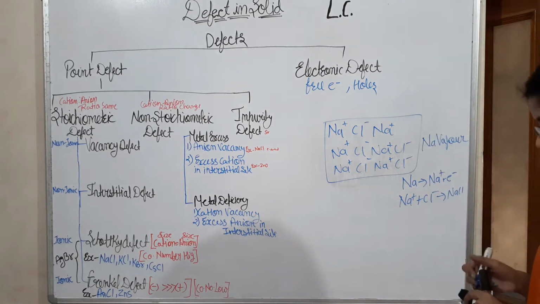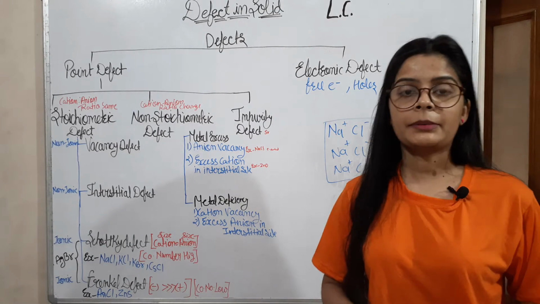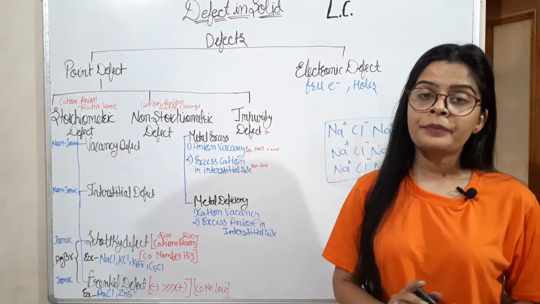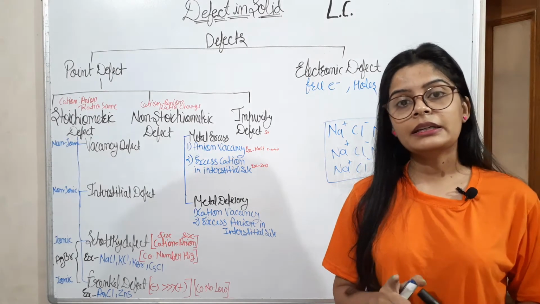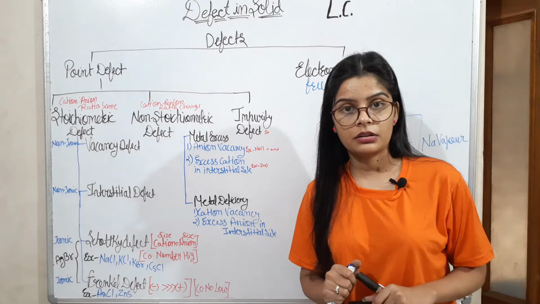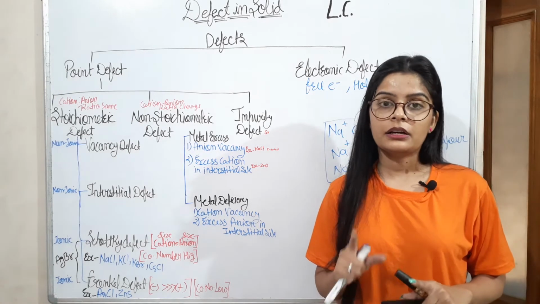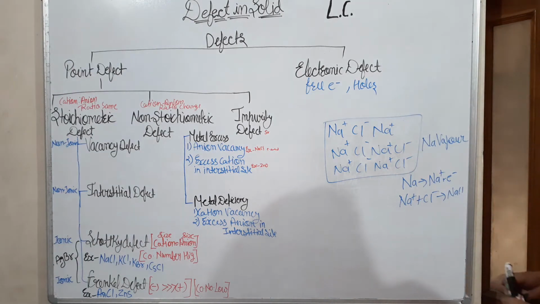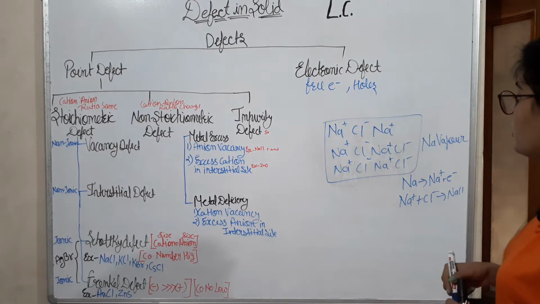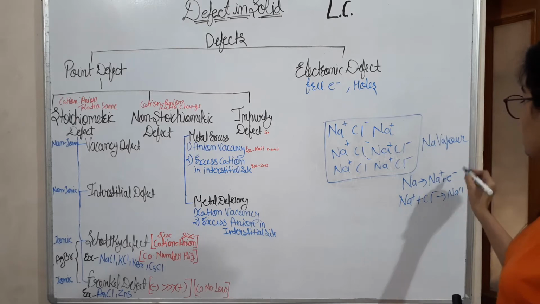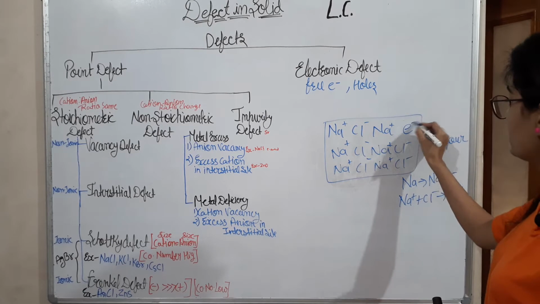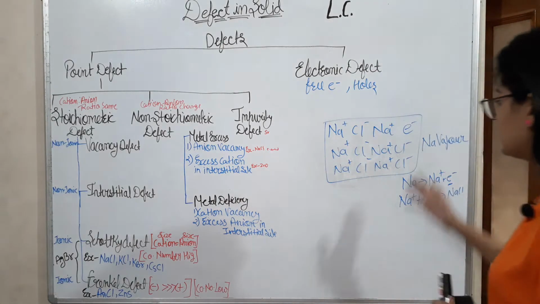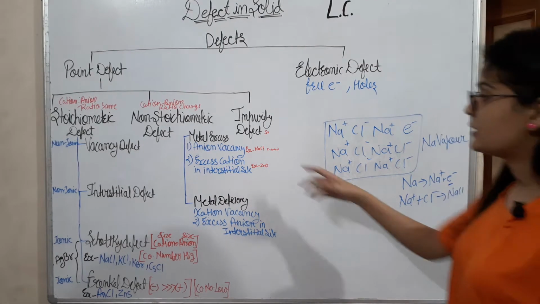Now one thing has to be remembered: if there is a removal of a cation or anion, or addition of a cation or anion, the solid should remain neutral. It means the solid should be electrically neutral. So if one anion is removed, one electron goes here and balances the charge. So this is charge balancing. In this way there is anion vacancy.